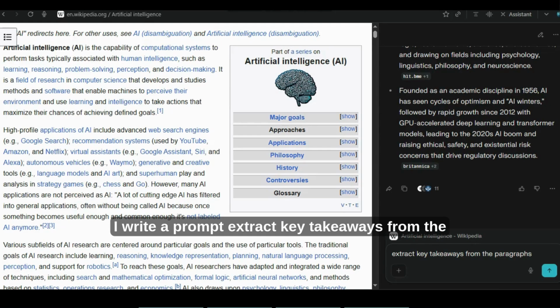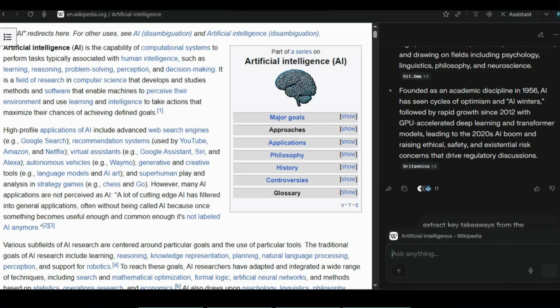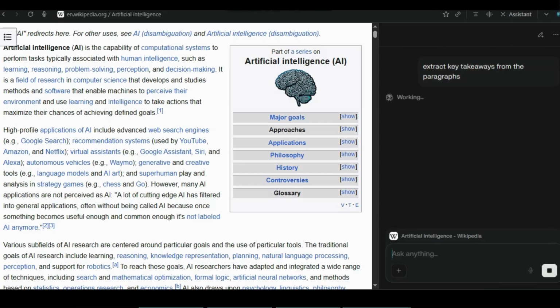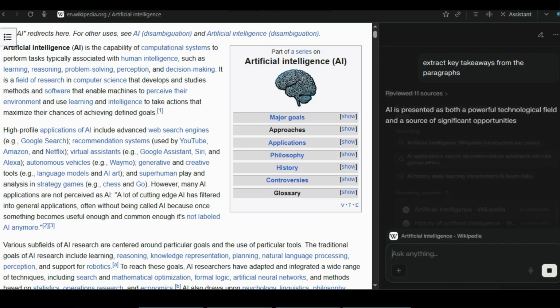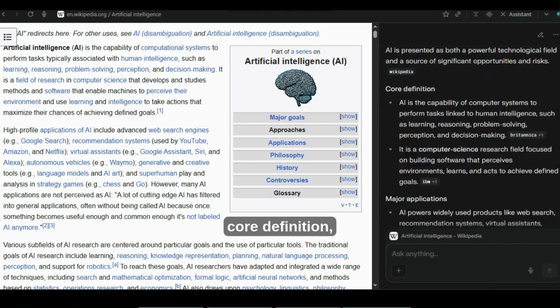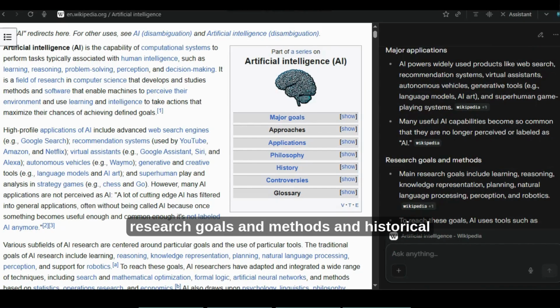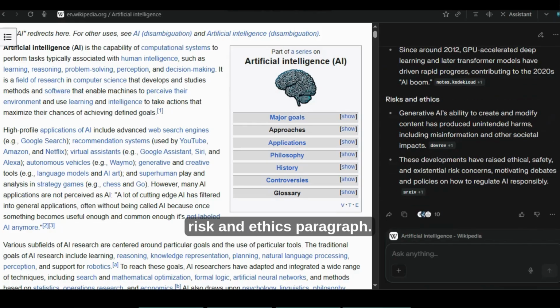I write a prompt, extract key takeaways from the paragraphs, and it gives me the core definition, major applications, research goals and methods, historical development, and a risk and ethics paragraph.